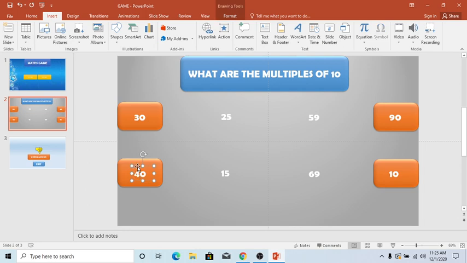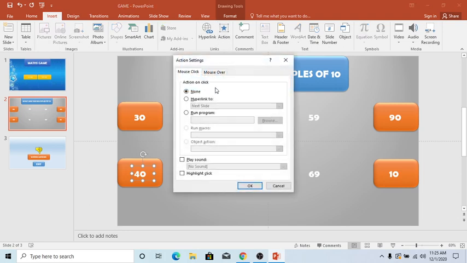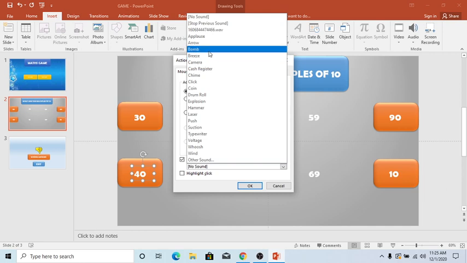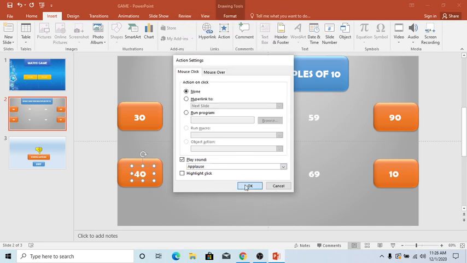So now I go to the rectangular box with the correct option. Click on the option, go to Action, go to play sound, and here I am going to add the applause sound, and click OK.